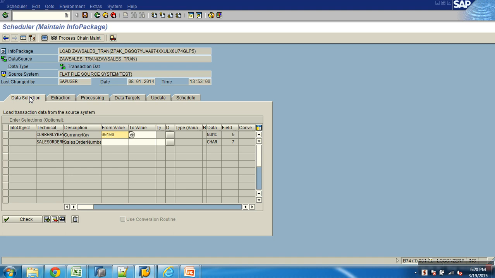Suppose let's say I have 1000 records. Out of 1000, 250 records belong to India and 750 belong to country US. In the BW, you run init with the data selection as IN. So how many records would it bring in? 250. Okay. Let's say after that load, for this 1000 records, you added 5 more records.